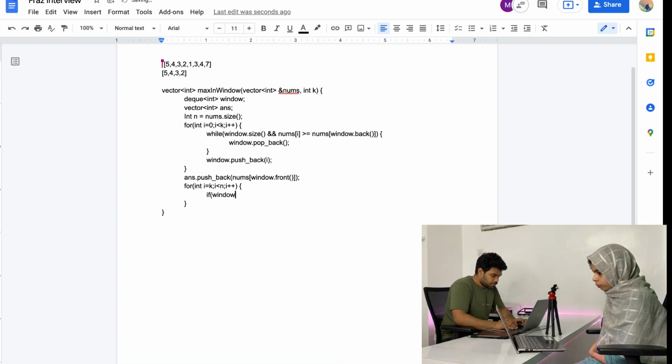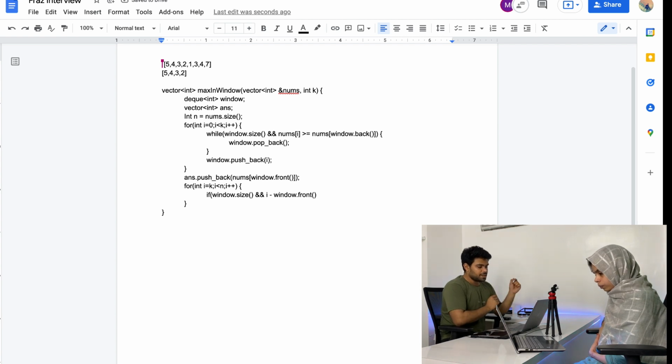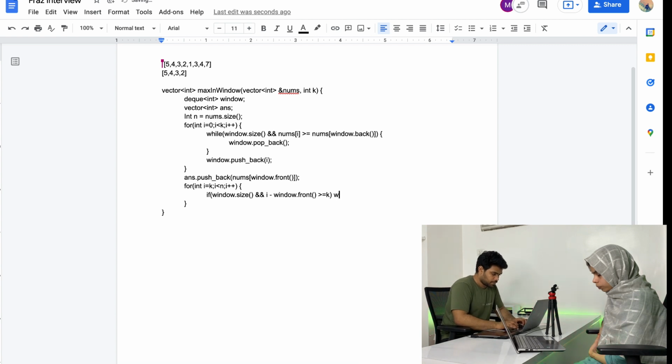If window dot size, like if the window is non-empty, and window dot front, the first element, if the difference between this and I, so I minus this, is greater than or equal to k. Let's say the first element is 0 and I is k, then the first element should be removed. So in that case, the first element will be removed. Pop front.